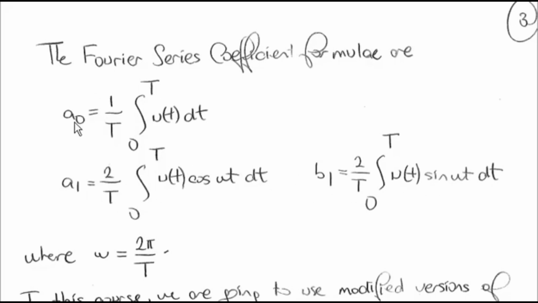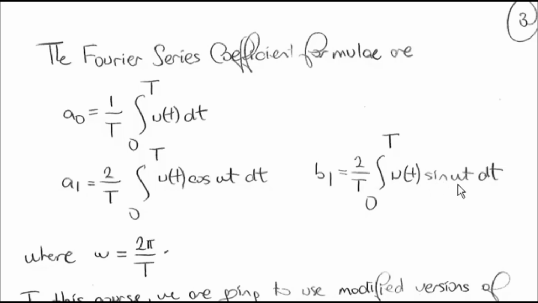So the DC component is given by 1 over the period times the integral from 0 to the period of U of t dt, and A1 is given as 2 over T, integral 0 to T, U of t cosine omega t, and B1 is given with the similar formula, but in this case, instead of cosine,